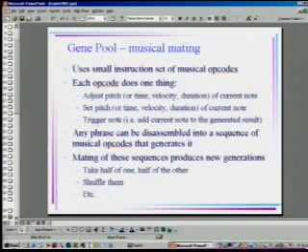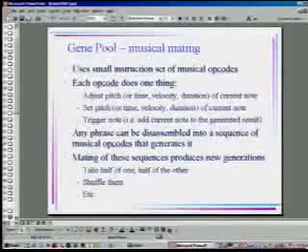So the next one that's interesting, I call gene pool. You can call it, I don't know, genetic programming. It's pretty crude, but what I do is take sequences of notes and convert them into small opcodes. And the opcodes are at the level of increment the pitch, set the volume, increment the duration,